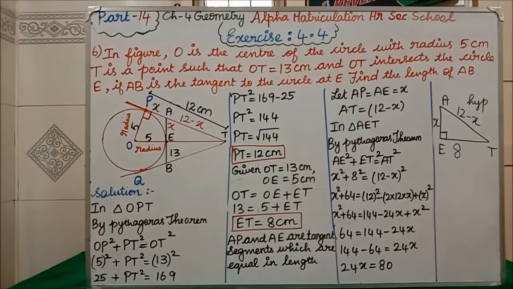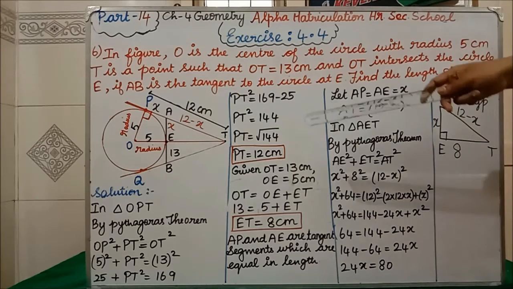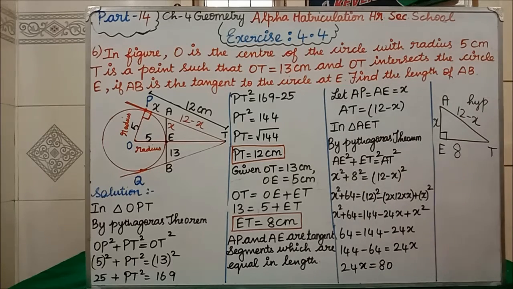Now see this diagram, that part in a triangle AET. That part I have drawn here separately. AET, angle E is 90 degree, opposite to 90 degree is hypotenuse. So see in that diagram, A to T, what is the length we have written there? 12 minus x. AE we have taken x. ET we have found the value is 8. So I have written. Now we have to go for the Pythagoras theorem. How we will write hypotenuse side square? Here hypotenuse is what? AT. AT square is equal to AE square plus ET square.